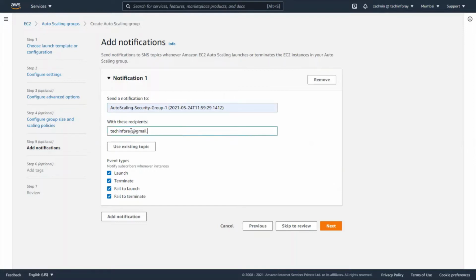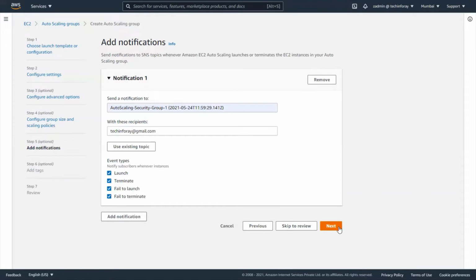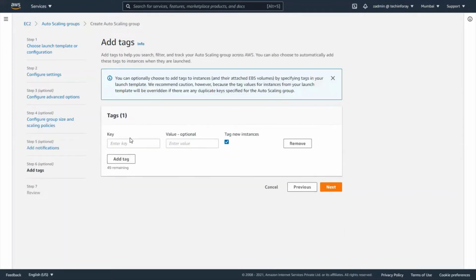Next, add tag: network, department, network.